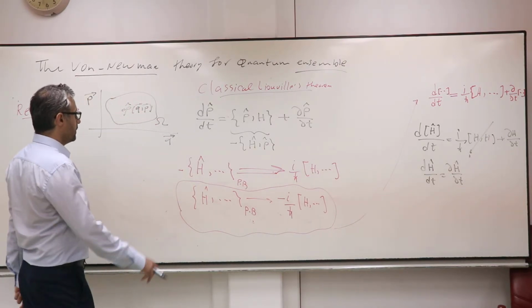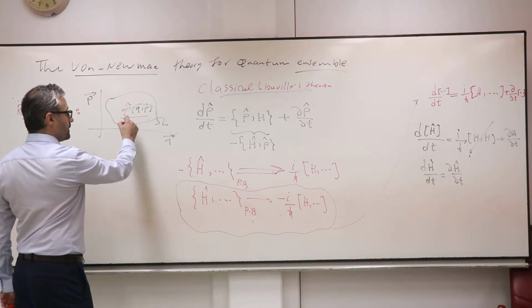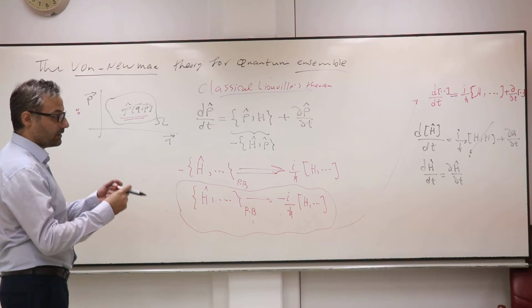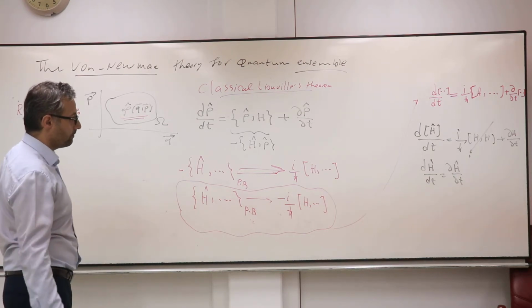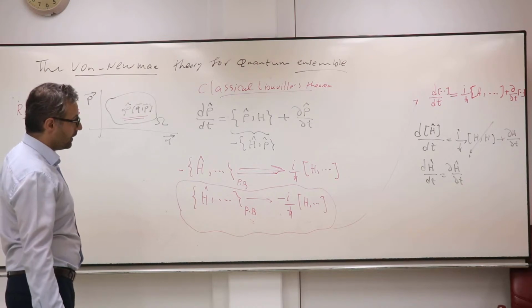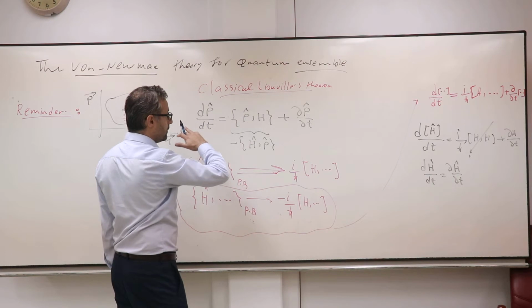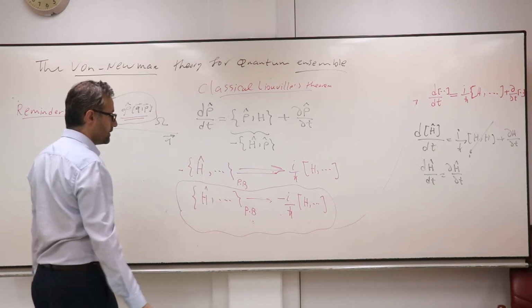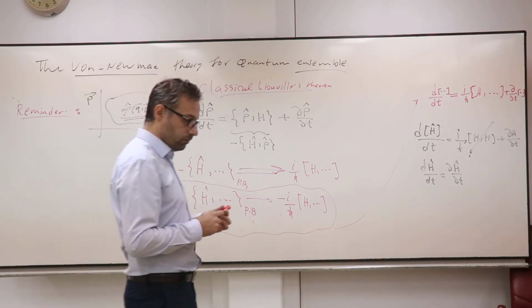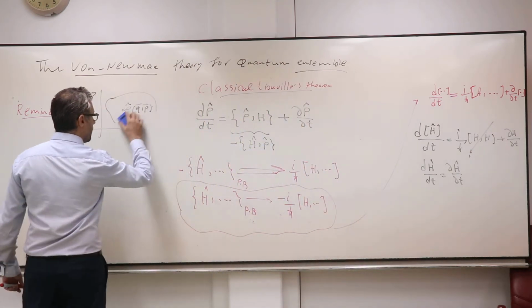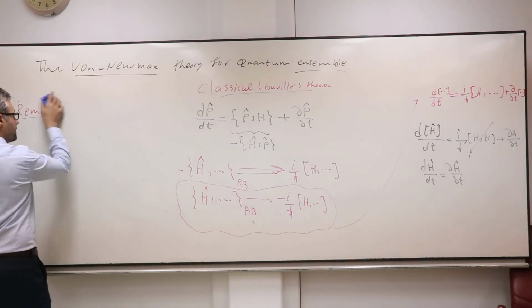I said that I want to find the density of the particles in quantum mechanics. I want to see what's the analog of that. So we are a little far from giving the statement of the quantum Liouville theorem, but we will see that. I want to give more information about this Heisenberg representation because